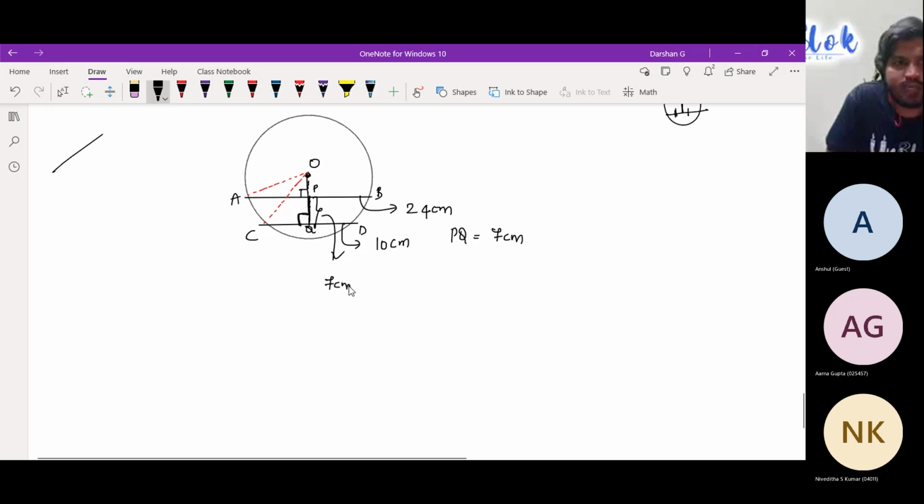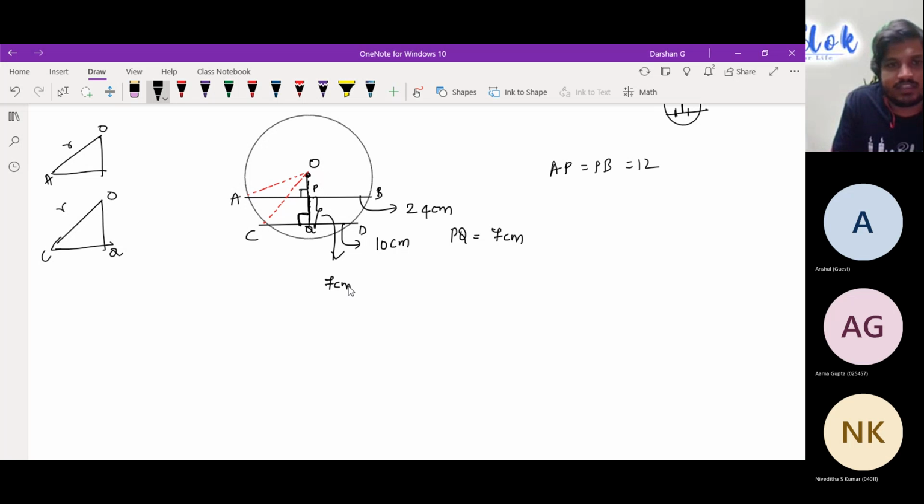So I have two triangles here. See, this is one of the triangles. One triangle looks bigger, but the catch is AO is the radius, and here also CO is the radius. It looks slightly bigger because I might have drawn it slightly differently, but that is the case. So AP, how much is AP equal to? AP equals BP equals 12. That is understood. So this is 12, and we don't know what PO is. Let us come to that afterwards.